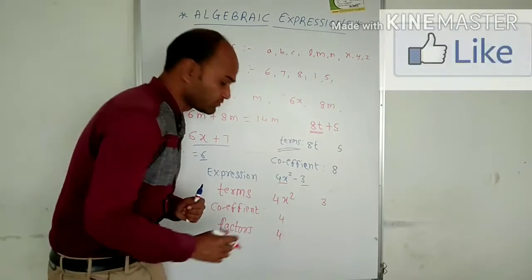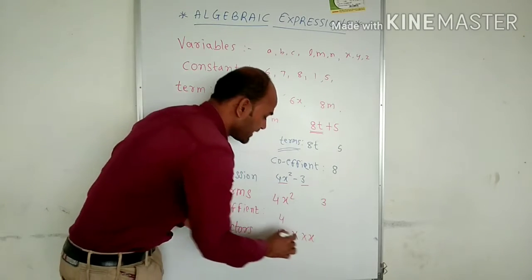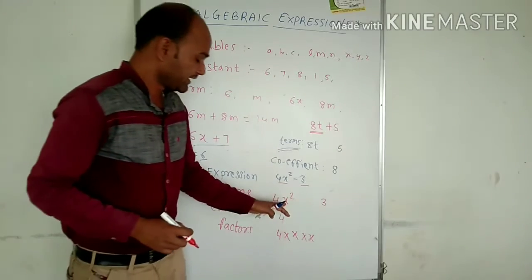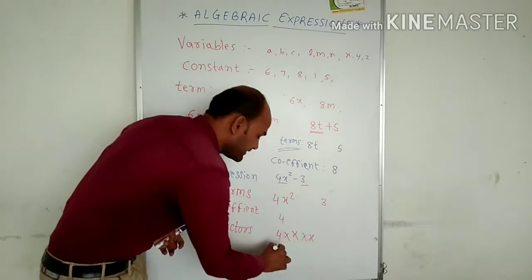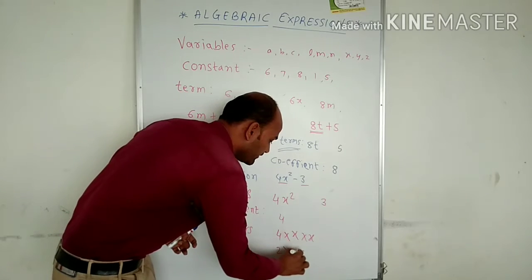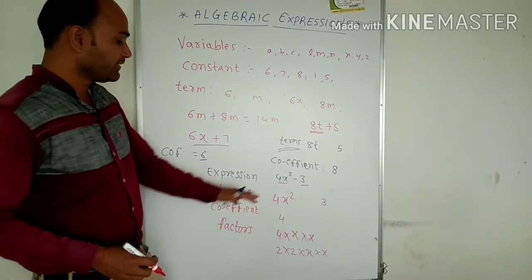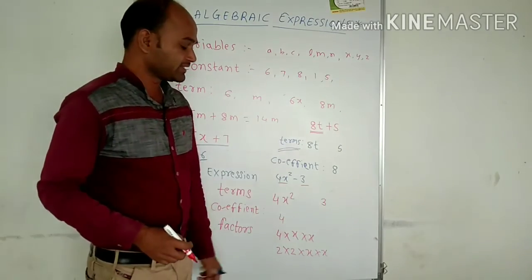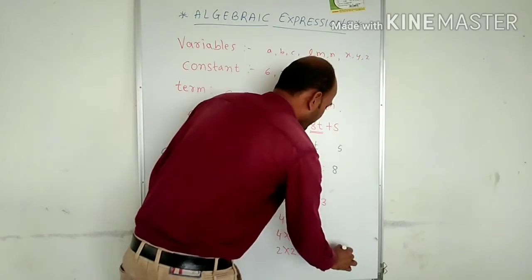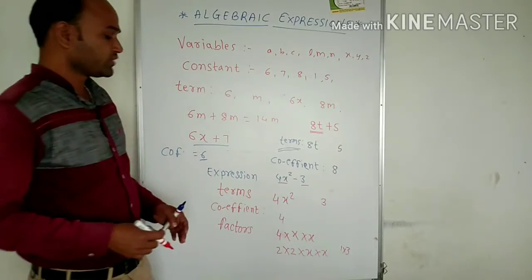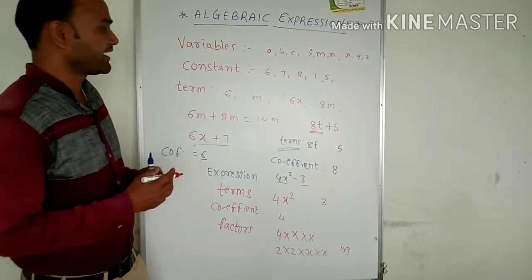of 4 into x square, then x square is there, x comes 2 times, so these are the factors of 4x square. Here 4 into 2x into x, otherwise we can write this as 2 into 2 into x into x. These are the factors of the 4x square, and these 3 factors remain 3 as it is, otherwise we can take 1 into 3. Okay, so in this way we have to write the prime factors, the factors of those numbers.